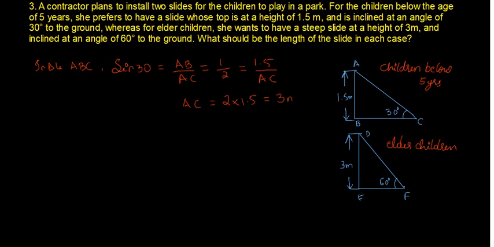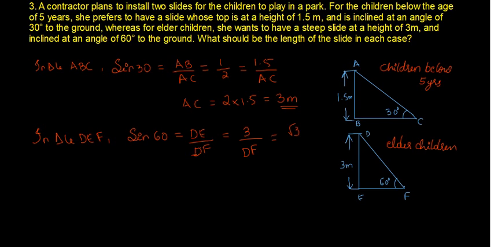In the second case, in triangle DEF, sine 60 is equal to DE divided by DF. So DE 3 meters is what we know, DF we do not know, and sine 60 is root 3 by 2. Therefore DF will be